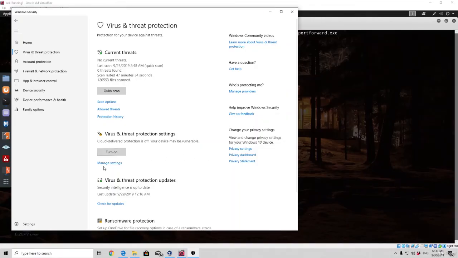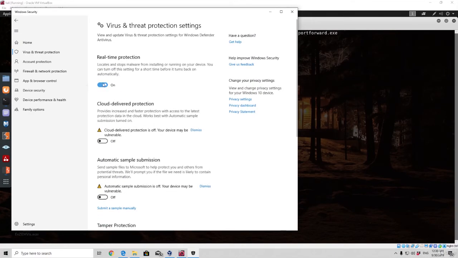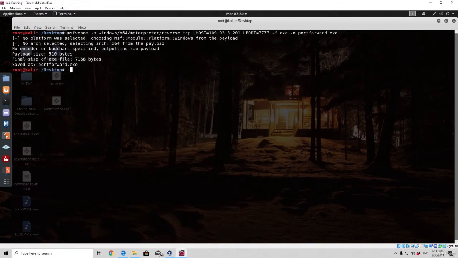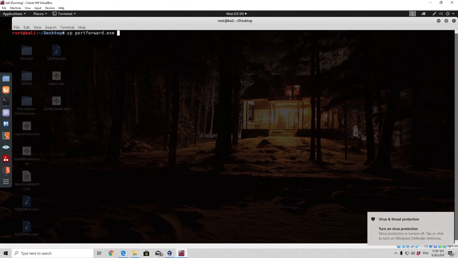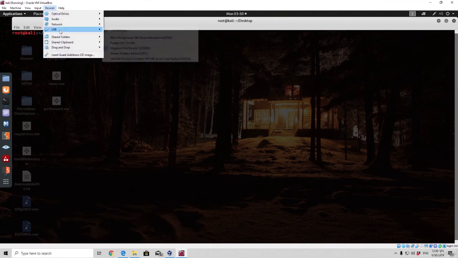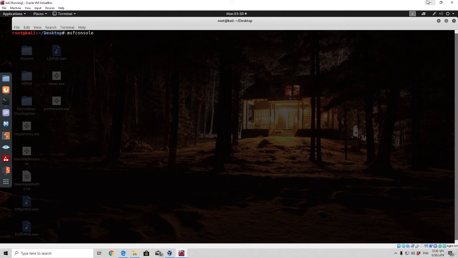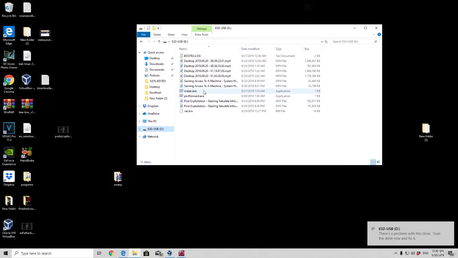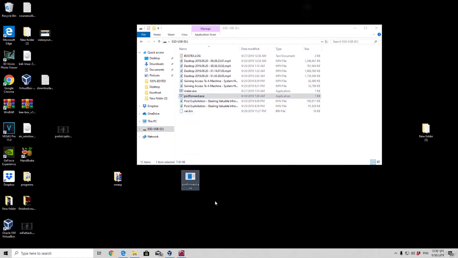No, I don't want to turn it on. I want to manage settings and turn this off. Click here, yes. And we should be good to go. So right now I'm going to copy the port forward to my USB drive. Okay, so right now, once I copied it, I can start the MSF console right here. Unplug the USB drive, go right here, port forward.exe, paste it onto the desktop,